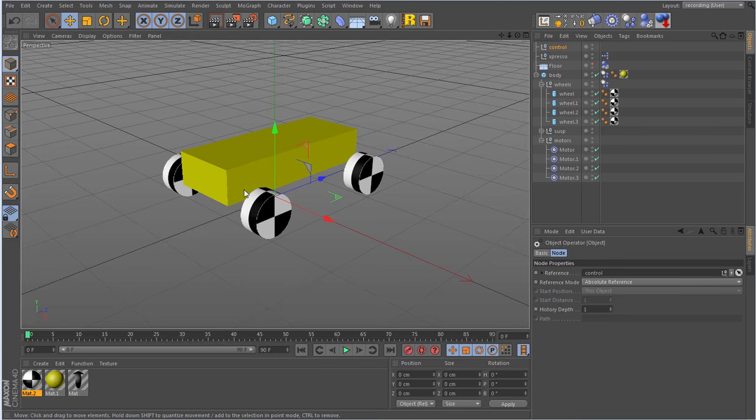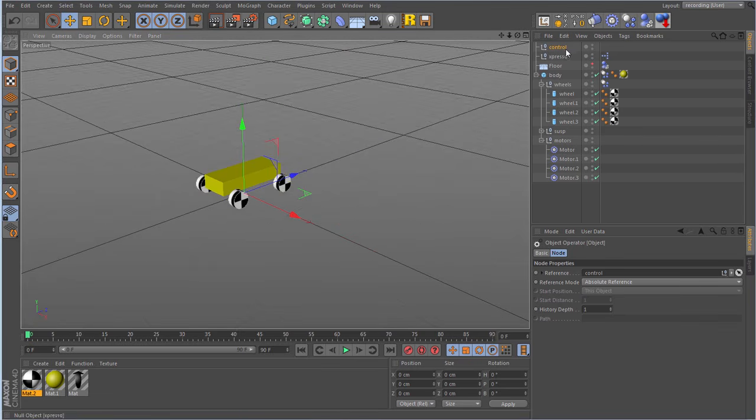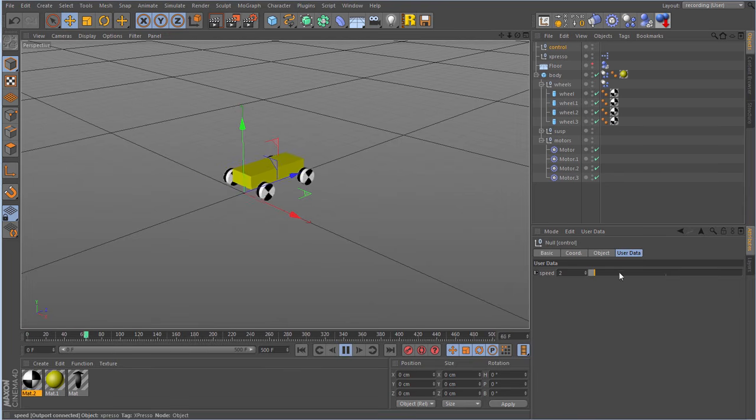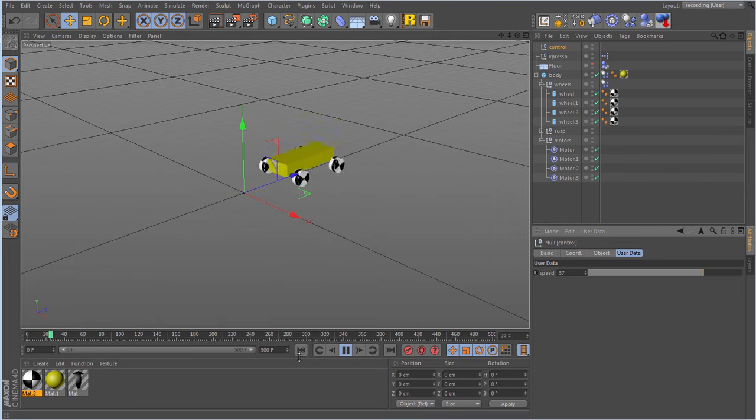Right, so let's check him out. Let's zoom out a bit. Start off at a low value. Oh, probably need a few more frames. 500 should do it. Okay, hit play, and it kind of goes slow, then it goes fast, then it goes really fast. I think we can safely say that that's working for now. Might need to tweak a few values later on, but okay, well that's the speed sorted out. Now let's have a look at the steering.